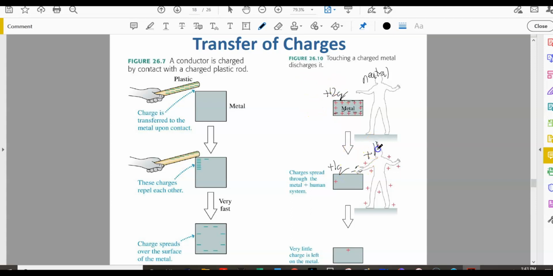And now you're positive by 11Q, and there's only 1Q that's unpaired. Okay? So those are two ways in which you're transferring charge. Again, it's the electrons that are moving on and off objects. In this case, the electrons are moving onto a metal object and distributing themselves. In this case, you have a neutral object and a positively charged metal. The 11 electrons are leaving your body and pairing up with all those positives, and now you're positive by Q,